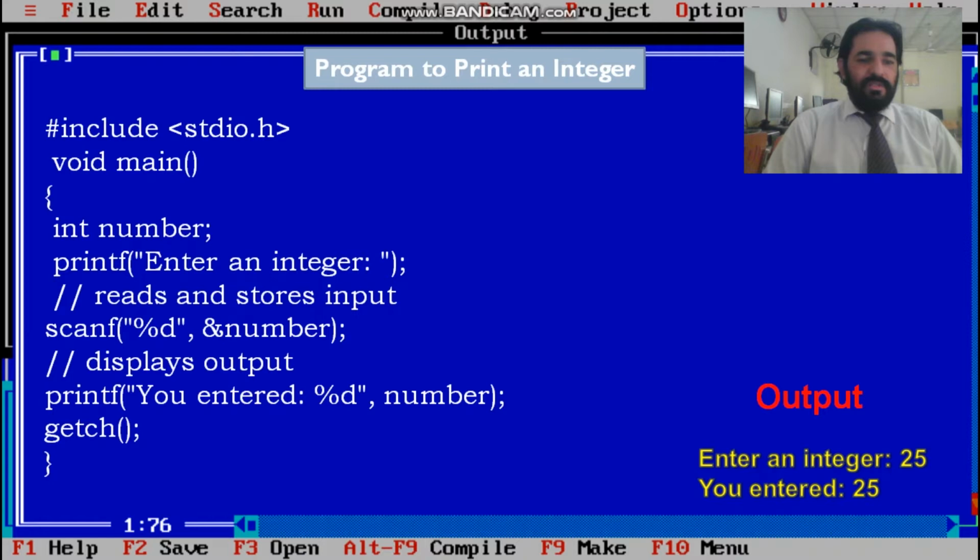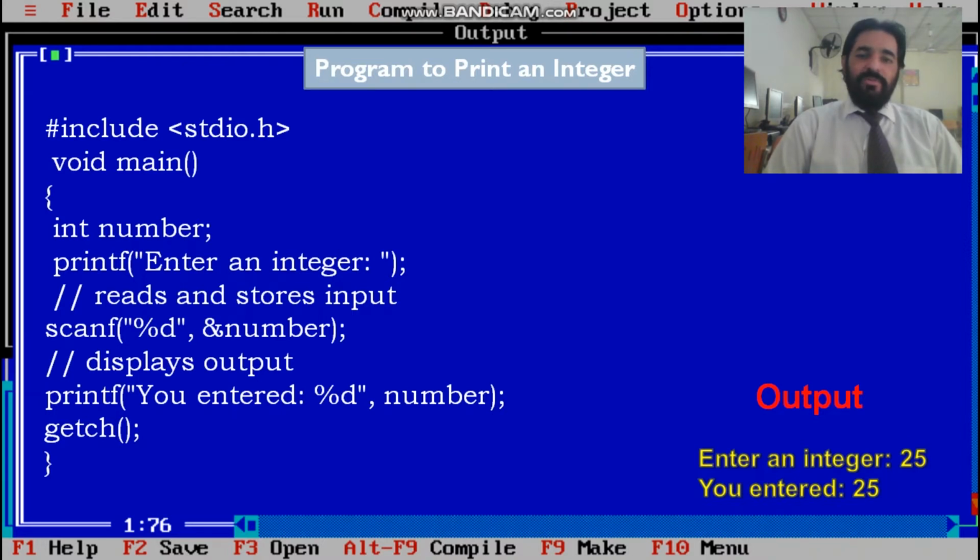We are using an integer variable and assigning it the name number. Then a printf statement: enter an integer. Now, to read a value from the keyboard, the user will enter data. For this, we use the scanf function with %d, the format specifier, and number is the variable for that particular number.